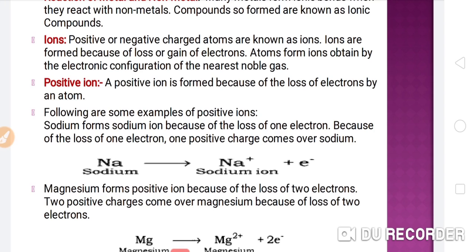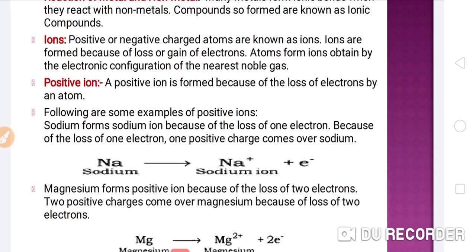Sodium forms the sodium ion because of the loss of one electron. Because of the loss of one electron, one positive charge comes over the sodium. How? Because it has to complete its octet. So from the configuration 2, 8, 1, when sodium loses one electron, the outermost shell's electron,